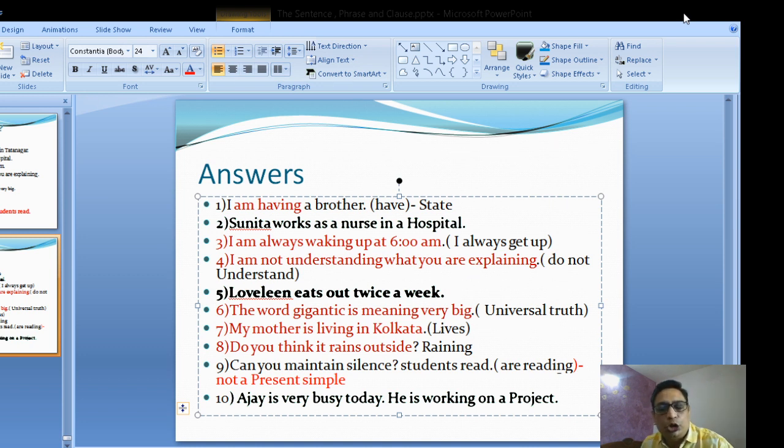Tomorrow's session is going to be a very simple thing. We are going to cover beyond the present simple and present continuous. In fact, would you like me to take a storytelling session tomorrow, or are you going to learn about grammar? Now what we can do is cover diverse topics from now on. If you are learning about grammar every day, it can turn a little bit boring. So what I'm thinking is